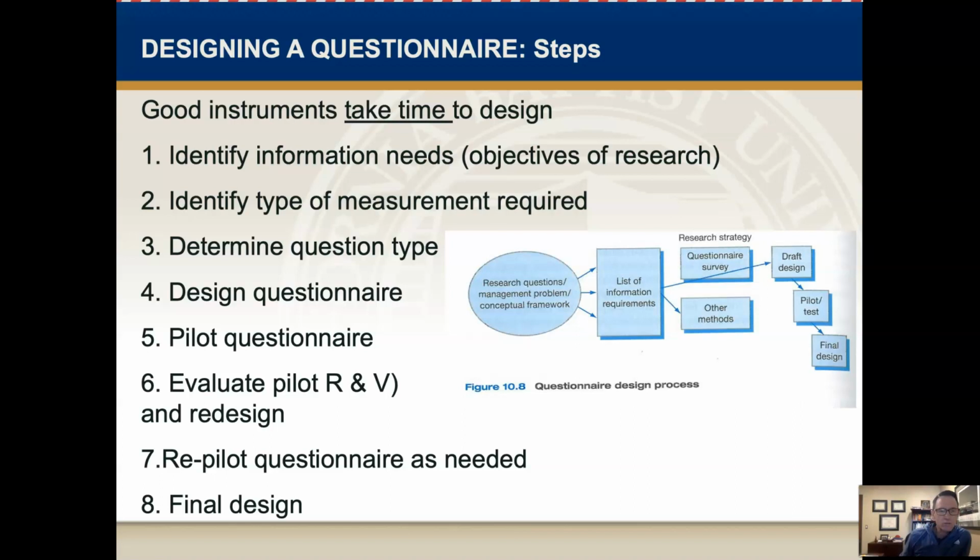If you can use one of their surveys, this will save you a lot of time and effort in terms of validating and making sure that the survey actually gets at the type of information that you need. So I will say it now and again, please try to find a survey that someone else has created that is being used in current research and that can measure the same type of thing that you want to measure